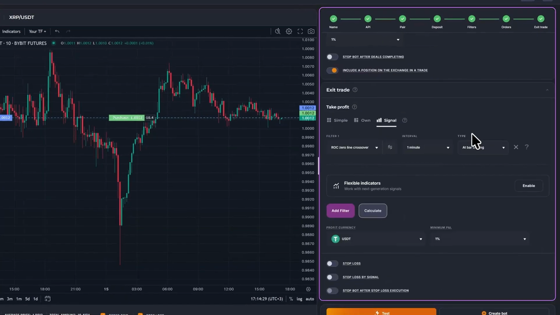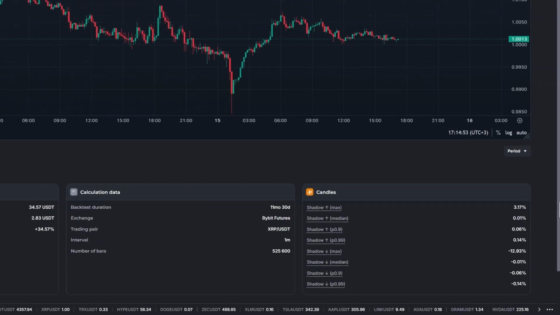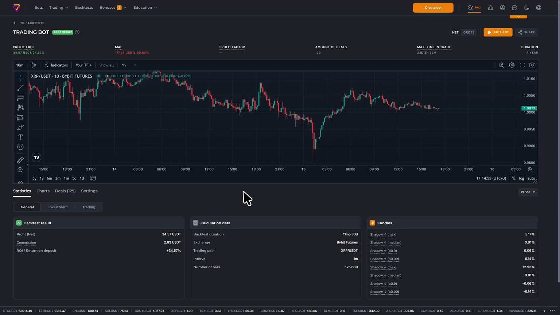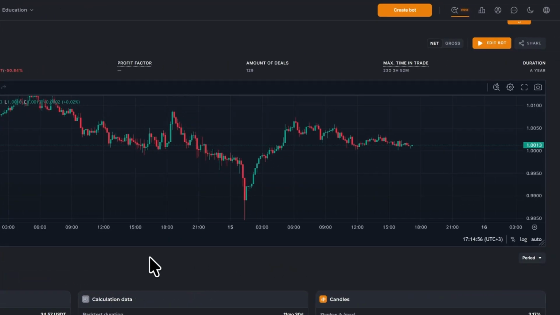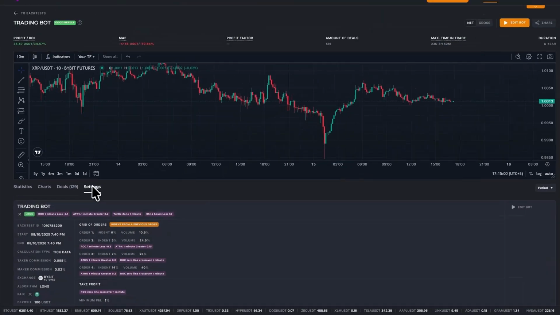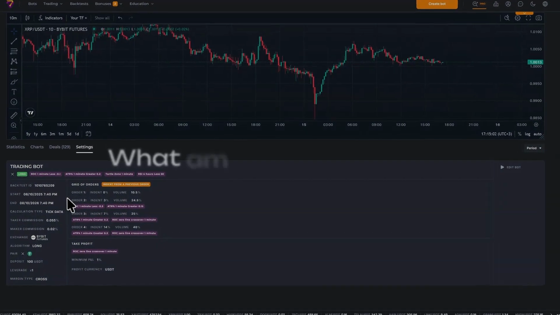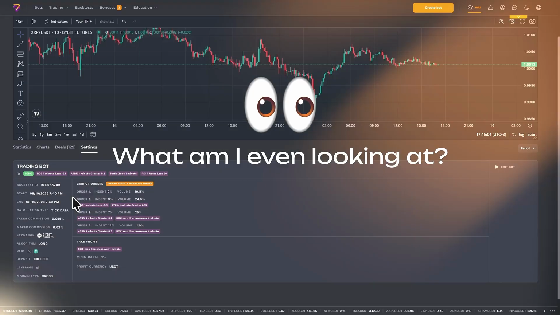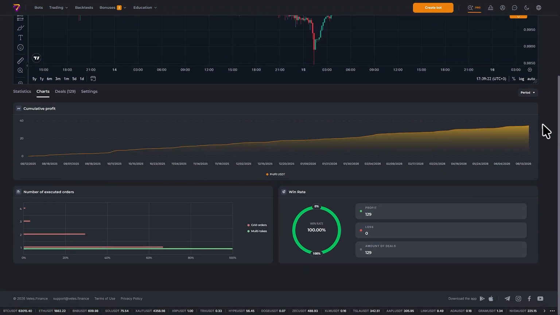You've built a trading bot, hit test, and now you're staring at a backtest screen with a chart and a massive amount of numbers, profit, MAE, a ton of percentages, and tabs. Most beginners at this exact moment have one question: what am I even looking at? Today, I'm taking a real backtest straight from our platform and breaking down literally every single number on the screen,